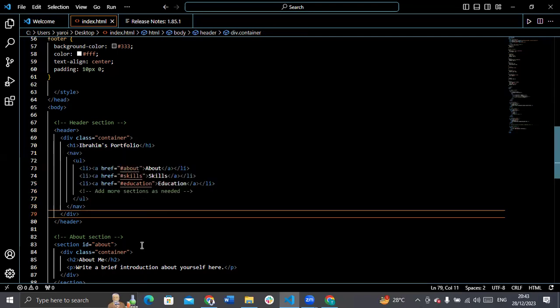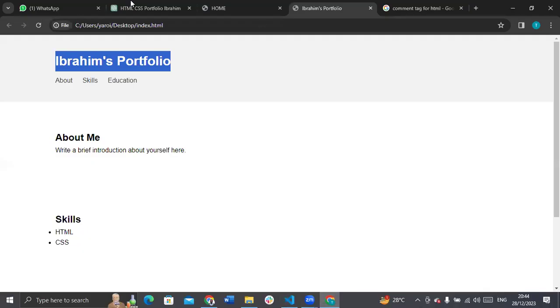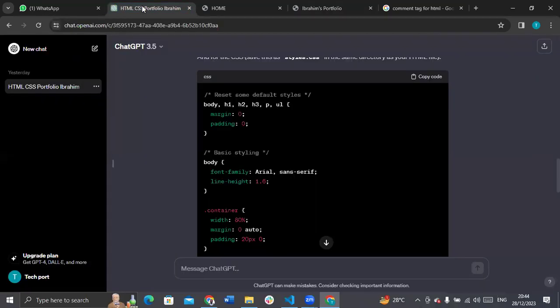Now in that nav, there's something we call UL. Let me explain UL to you. There is what we call UL and there's what we call OL. If you go to W3Schools, you will see them. We call them